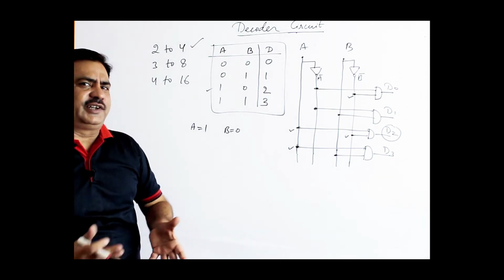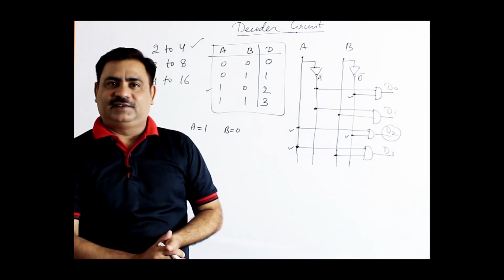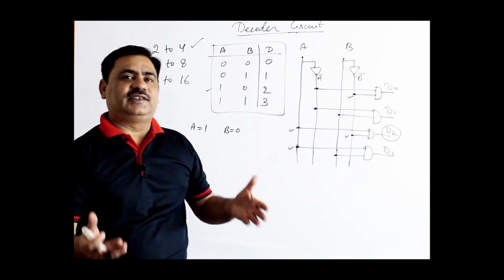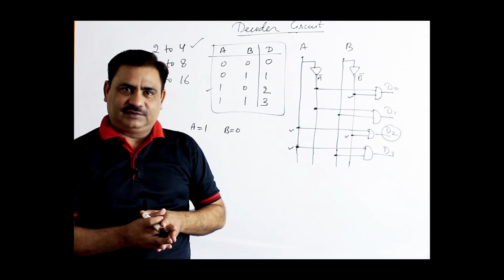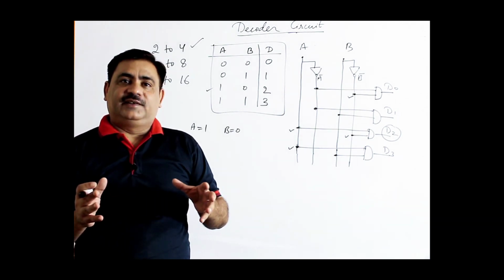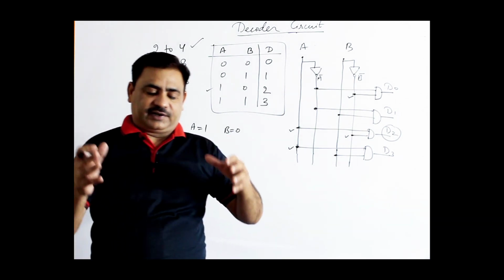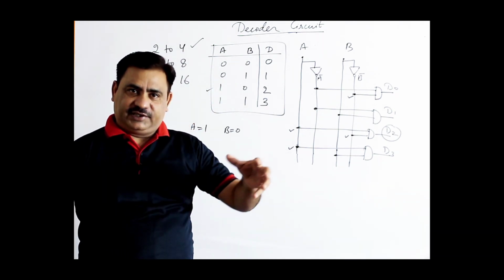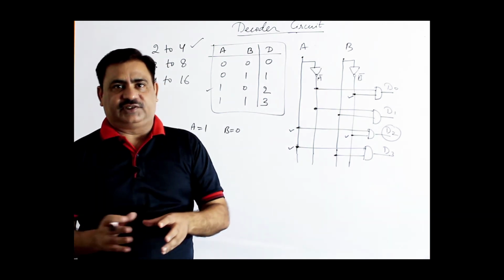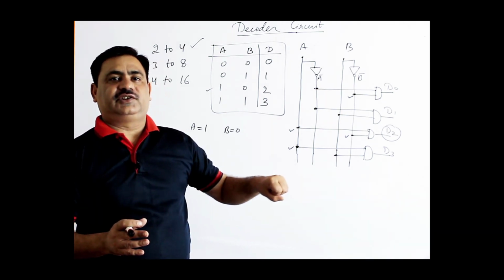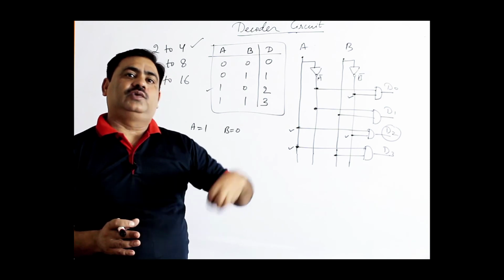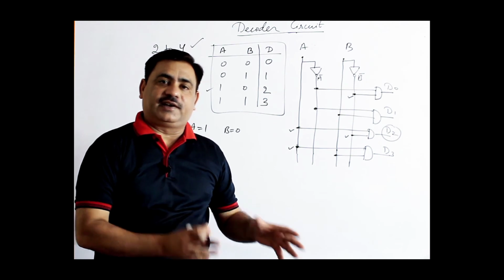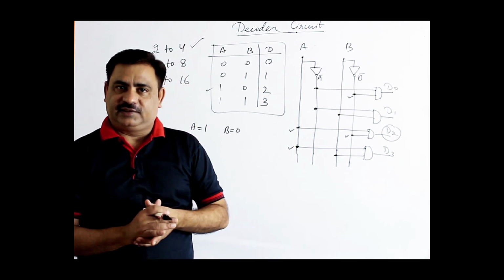Now one more circuit is there, the multiplexer. A multiplexer circuit means converting many input lines into one. Just like the real-world example of a telephone exchange. In a telephone exchange, signals are received from many destinations and converted into a single destination, from one exchange to another exchange. Or we can say parallel to serial conversion is a multiplexer.